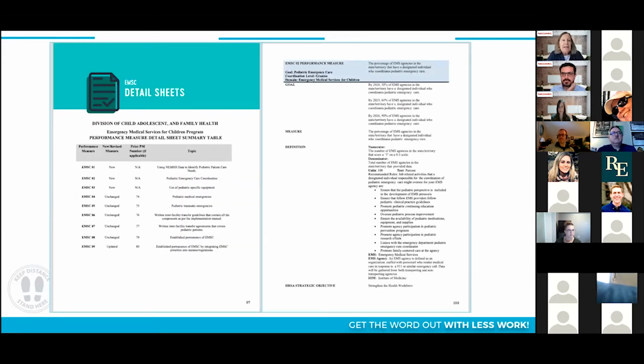So one thing we did at the end of the manual is that there is what's called a detailed sheet. And we have one for every measure, and they're each about 2 to 3 pages. So again, on the left, you can see we list all of the performance measures. You can see right away which ones are new, which ones are unchanged, which ones have been updated. And we included the detailed sheet because this is the information that's important to HRSA. Our EMS program manager, federal officers take this data and they take these sheets and they turn them into sort of the higher ups within HRSA, and they say, we're behind this. This is our unified message about what's important for EMSC.